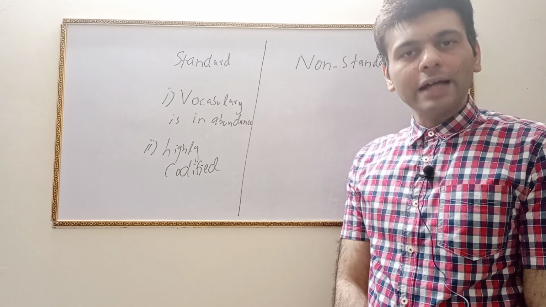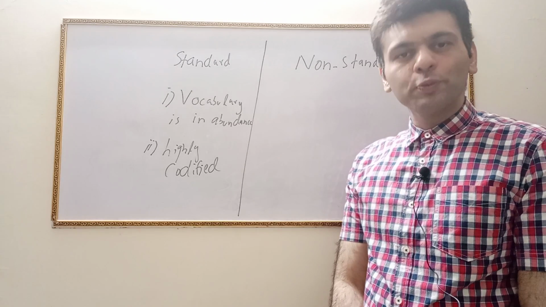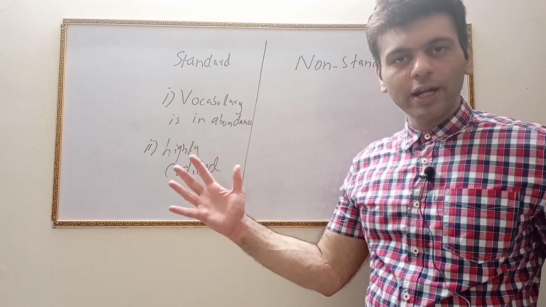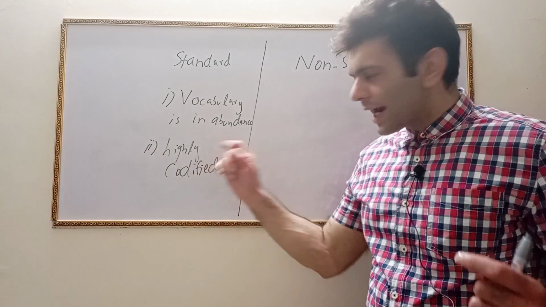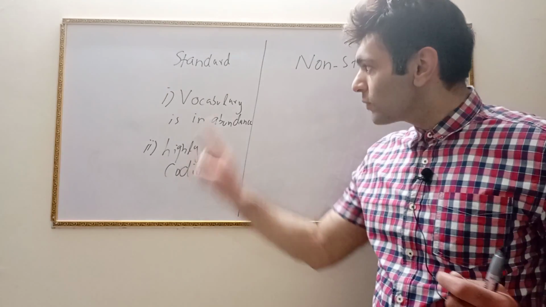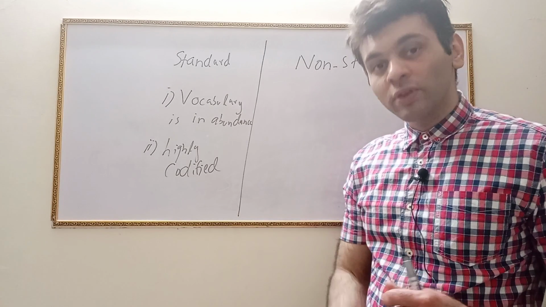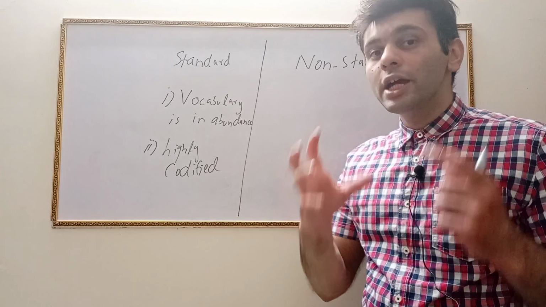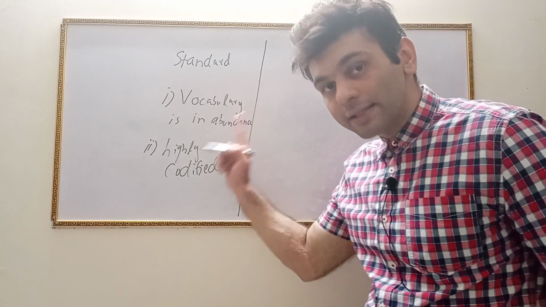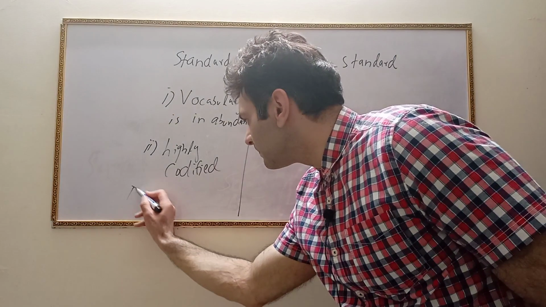It means a standard language is presumably having a large number of vocabulary items. The second and the most important feature or characteristic of a standard language is that it has a highly codified structure. It means that a standard language has